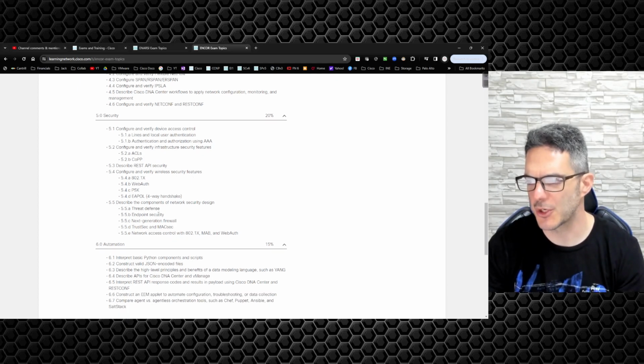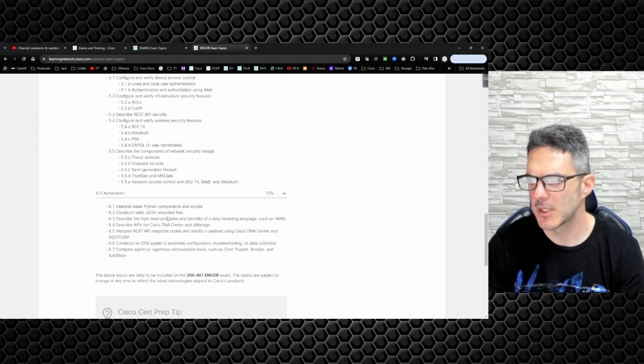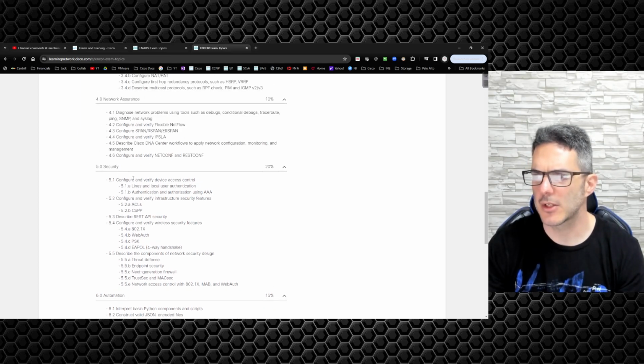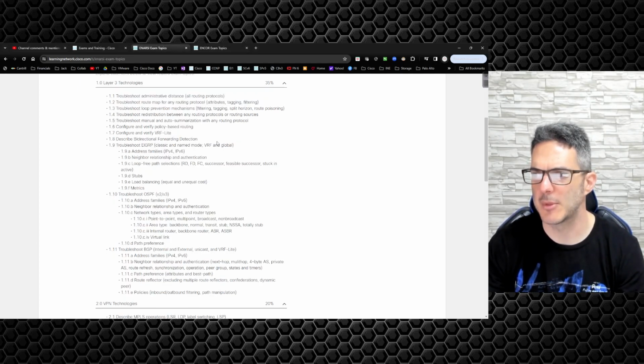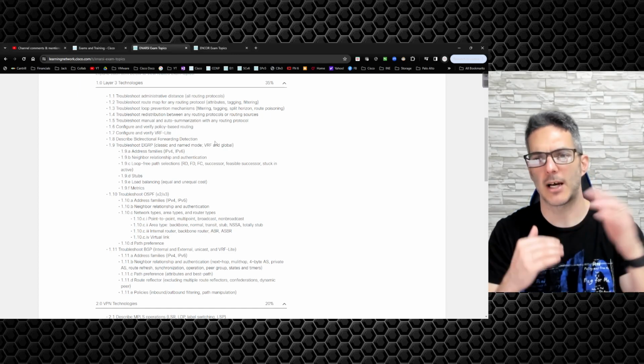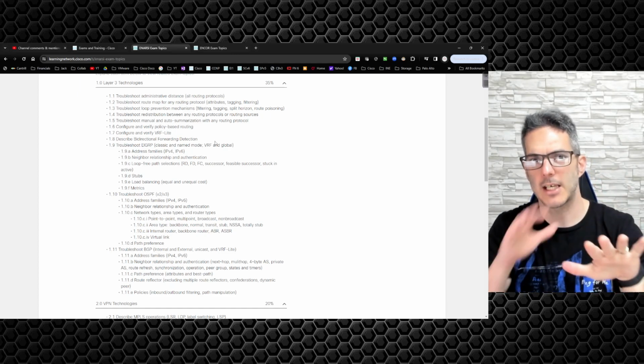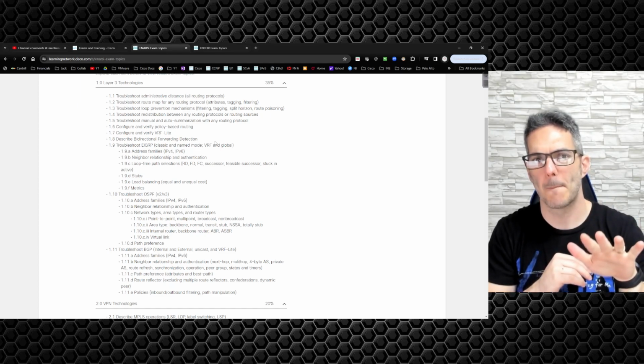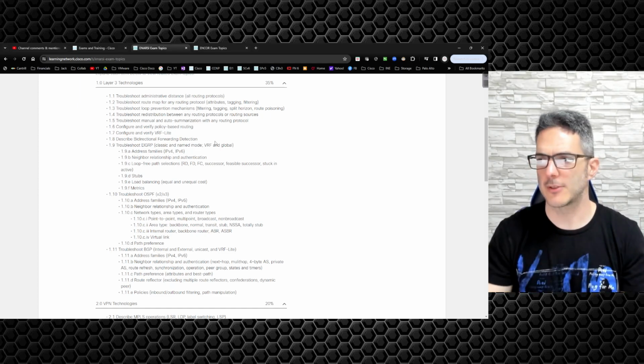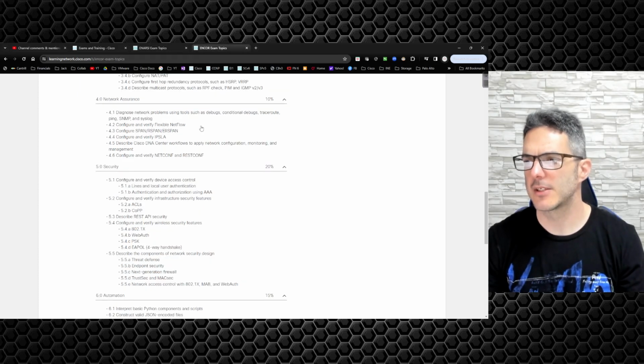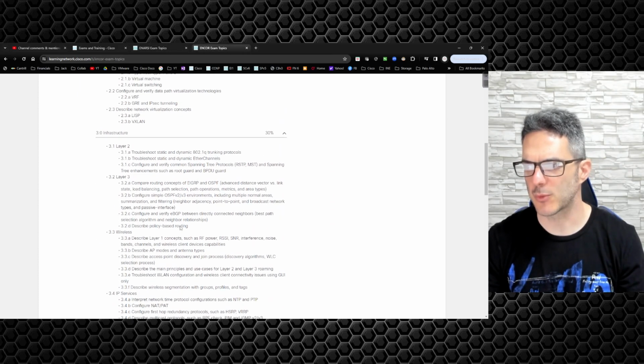Then you have your security design, things like that. So if you take the main pieces that are routing and switching centric, and you look at the ENARSI exam, I would build this out by taking what you've already done for ENCOR, assuming that you're following the lab flow for this, where you're learning what you need to learn.